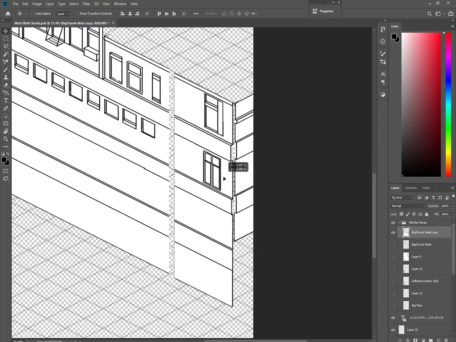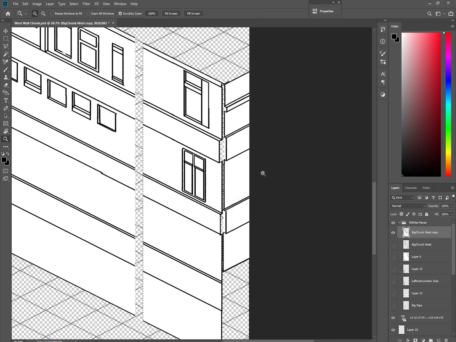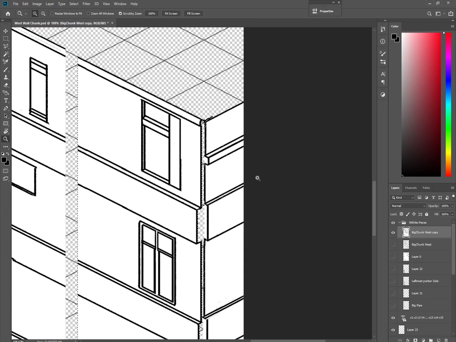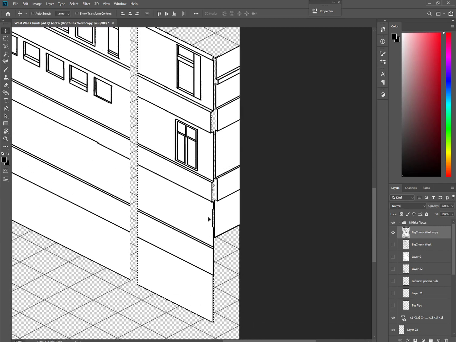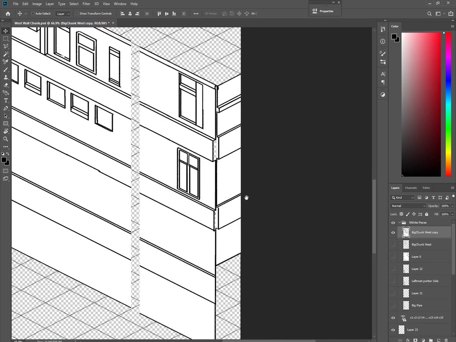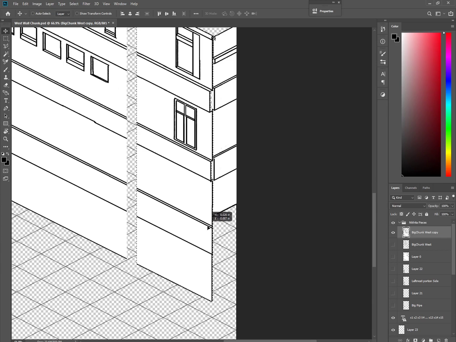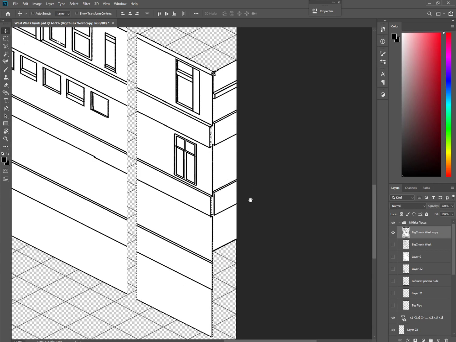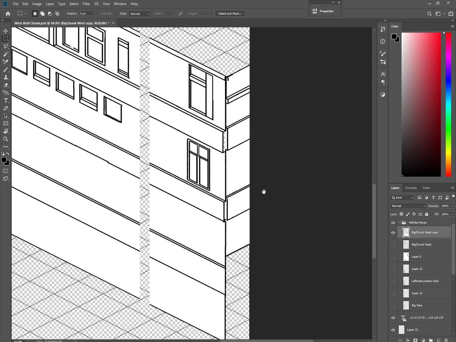Same deal with this one. Kind of get it to line up a little bit better with the grid. Even if it doesn't line up quite right with my chunks, it's fine. As long as we're doing everything we can to be as much as possible perfectly with the grid. And then